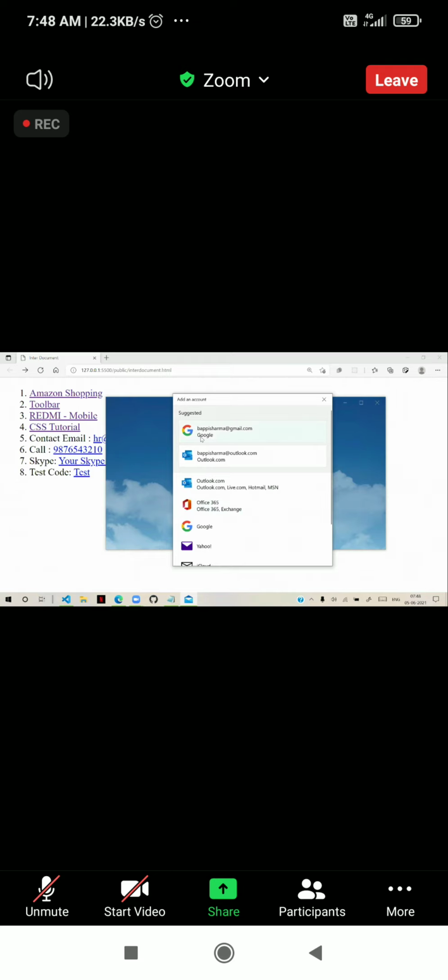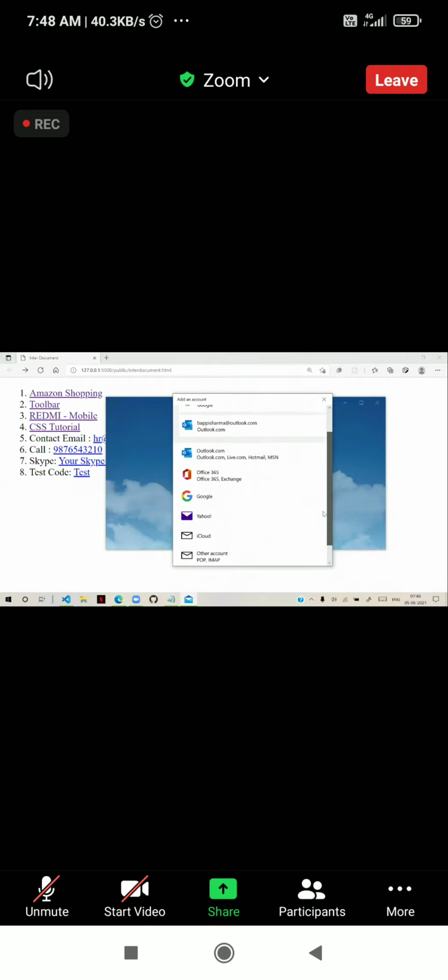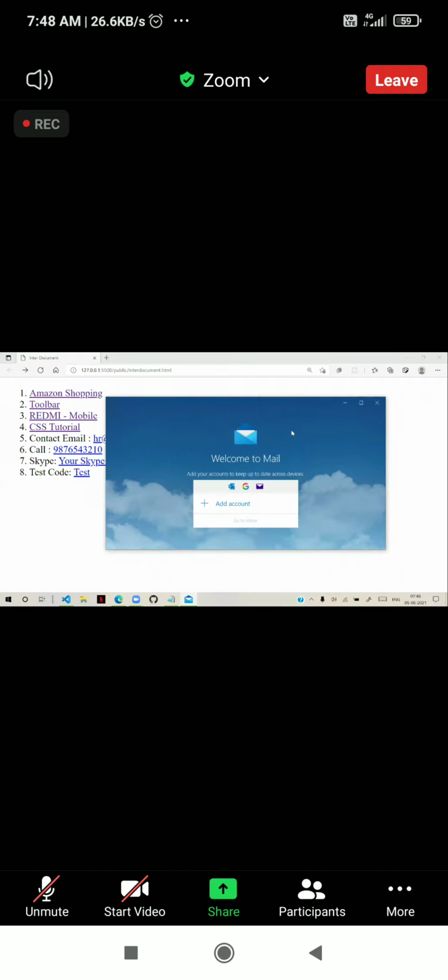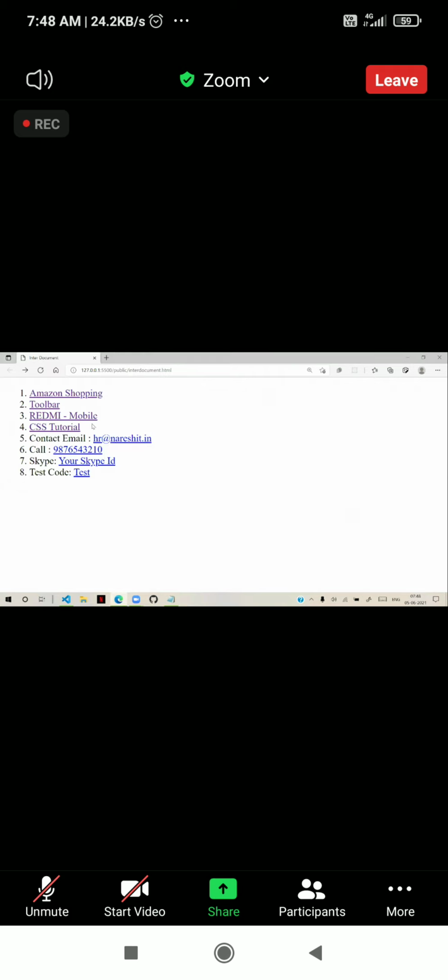I have Gmail, I have Outlook, I have Office 365, and I can select any mail application so that it will directly open the email to send. For that, you need to configure your Outlook and these options, add your accounts, and then you can send emails. Directly it opens the mail software.